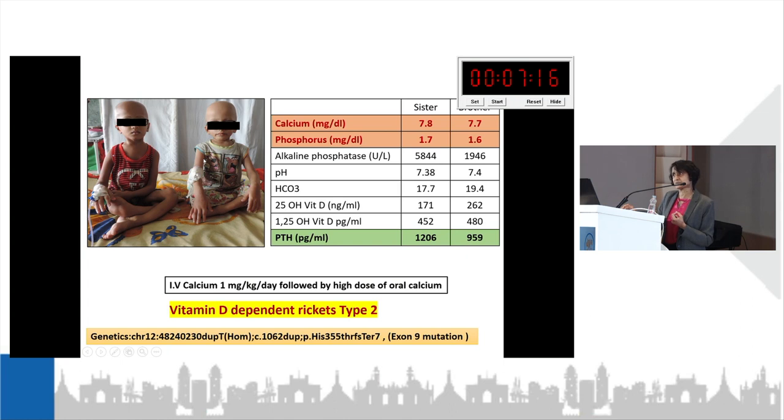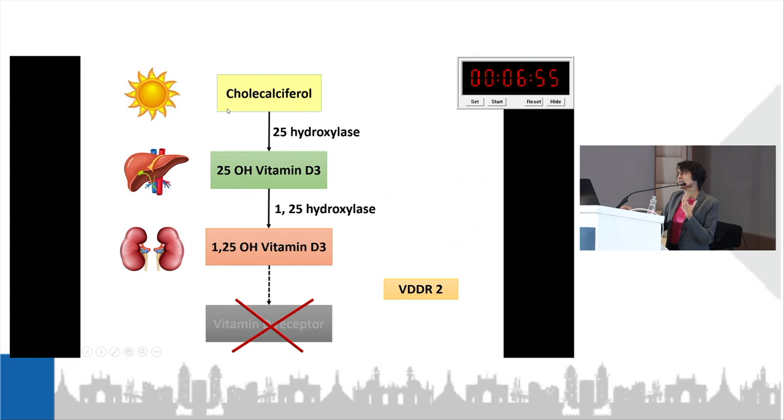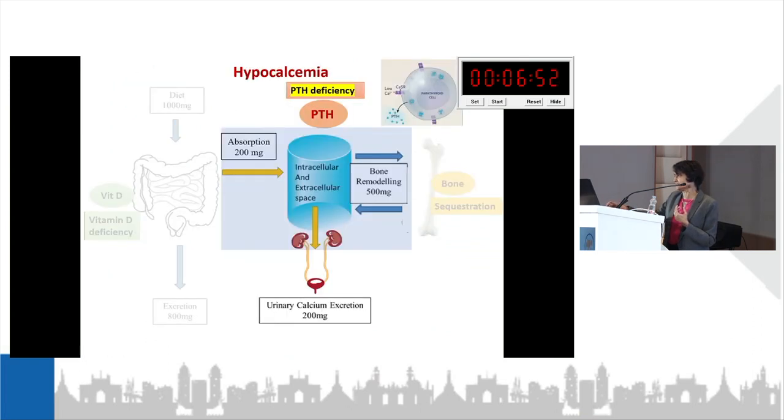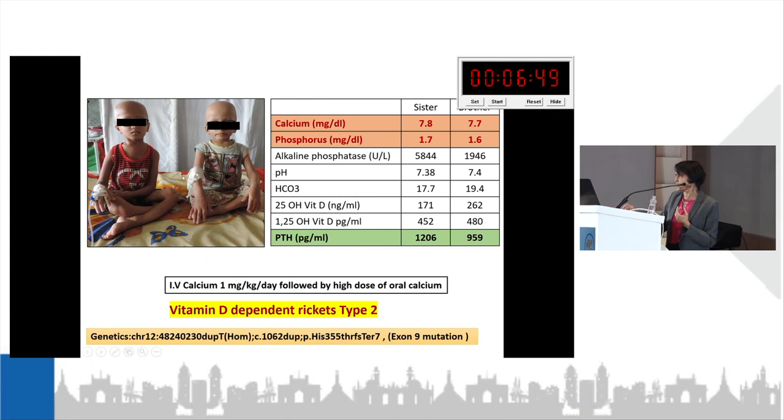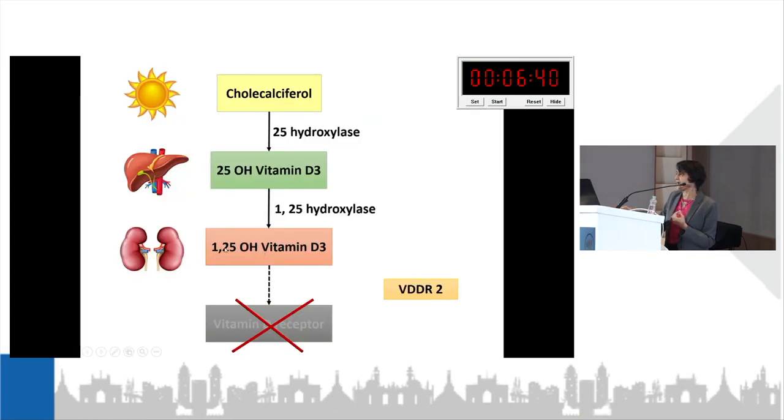Again, a genetically transmissible disorder present in two siblings with severe hypocalcemia, low phosphorus, but now vitamin D is very high. Also, 1,25 is very, very high, telling us it's VDDR type 2, and of course, generalized alopecia was again reminiscent of that particular problem that we were facing in this patient, and it told us it was vitamin D dependent rickets type 2, again genetically proven with a mutation which is positive. Here we have adequate 1,25, but the missing action of 1,25 producing the VDDR state type 2.